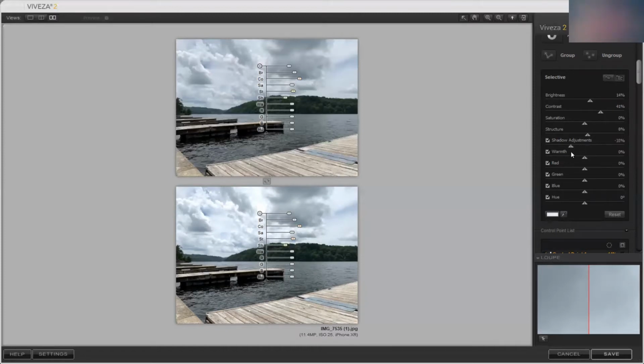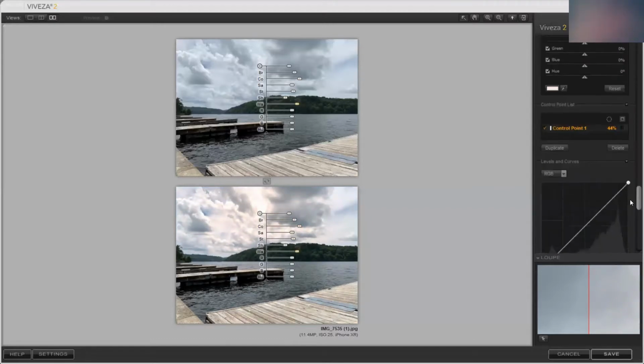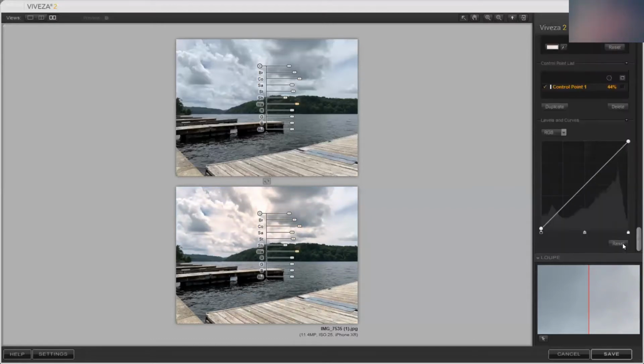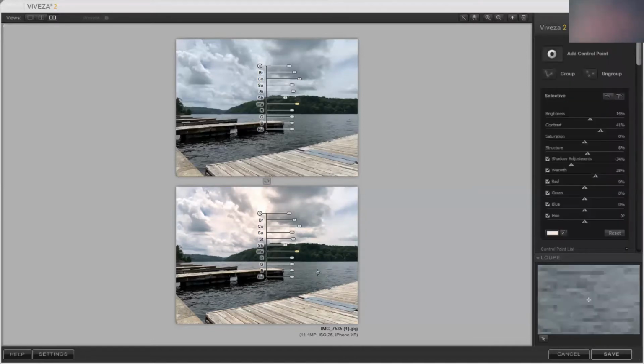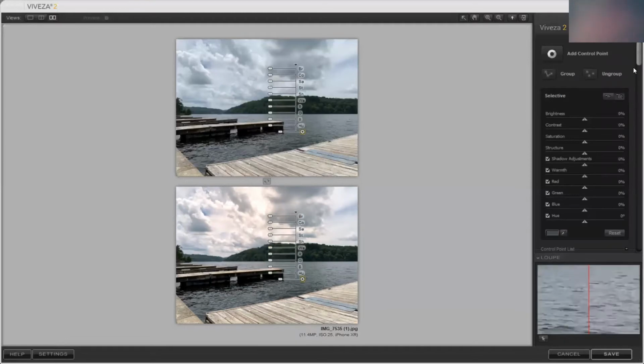Shadows, very obvious. Darker or lighter. Warmth, if you go to one end, it'll be bluer. The other end is yellower. Gonna give this a little bit of sky warmth. And then, that's very good. So now add another control point for the water area